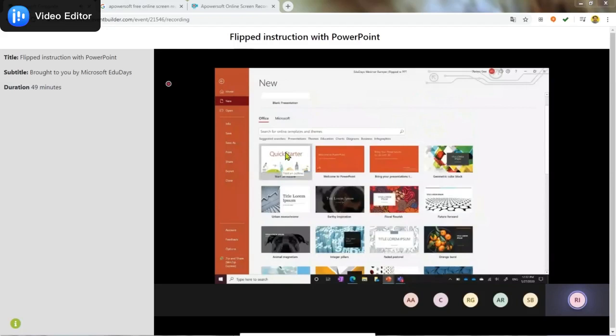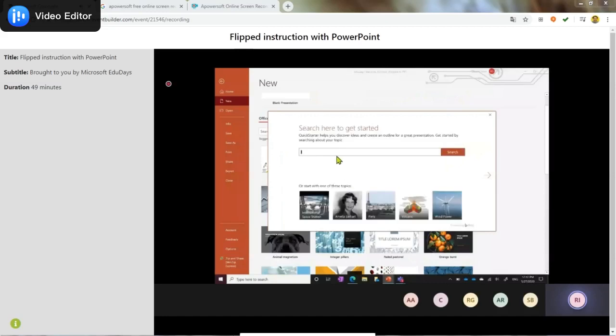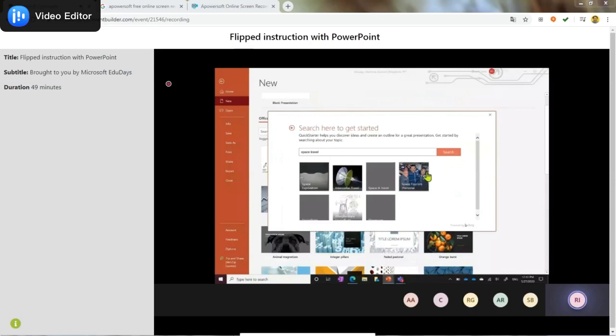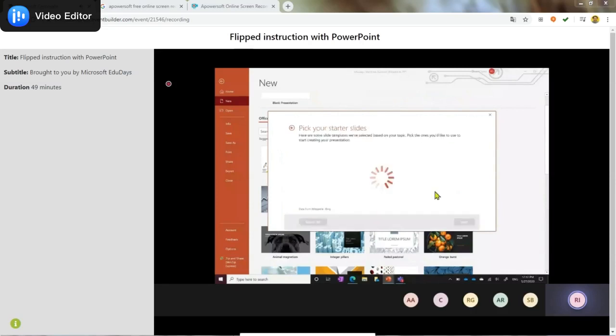The other tool that you have access to through the desktop app is Quick Starter. And I'll just quickly show what this allows you to do. With Quick Starter, I can type in a topic. So for example, space travel. I'll search for my topic and it'll say, what are you talking about? Do you want to talk about one of these specific things like space exploration? I'll say yes. And it automatically generates potential slide headings that I might want to include. So I can say, yep, the history, the future, and that's good.